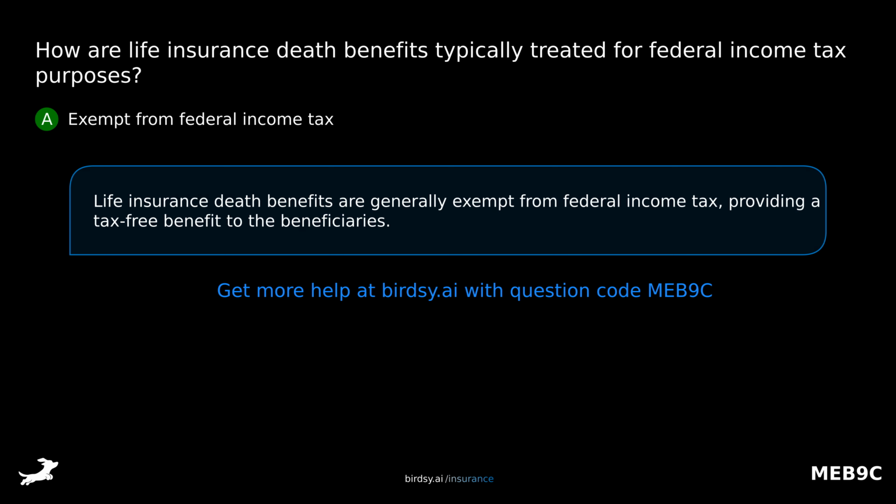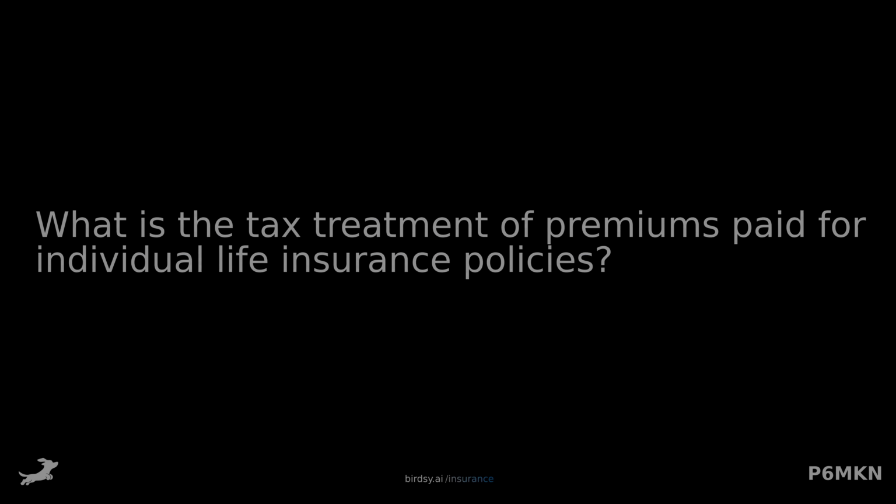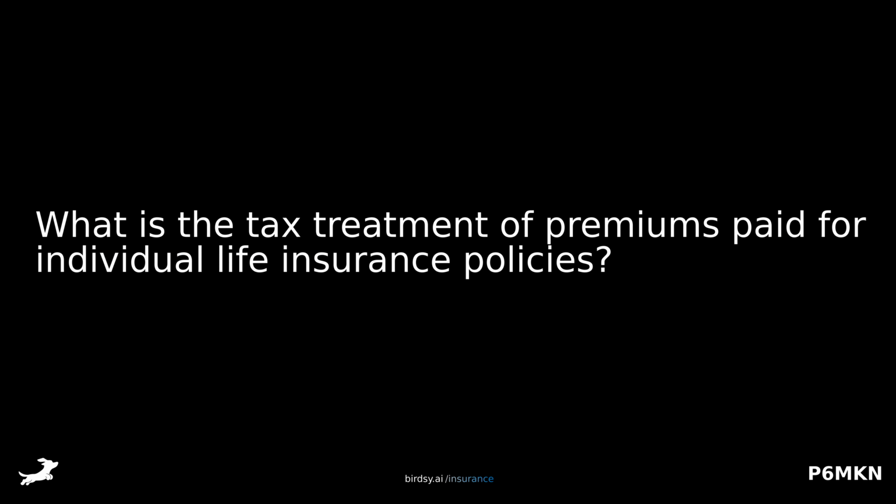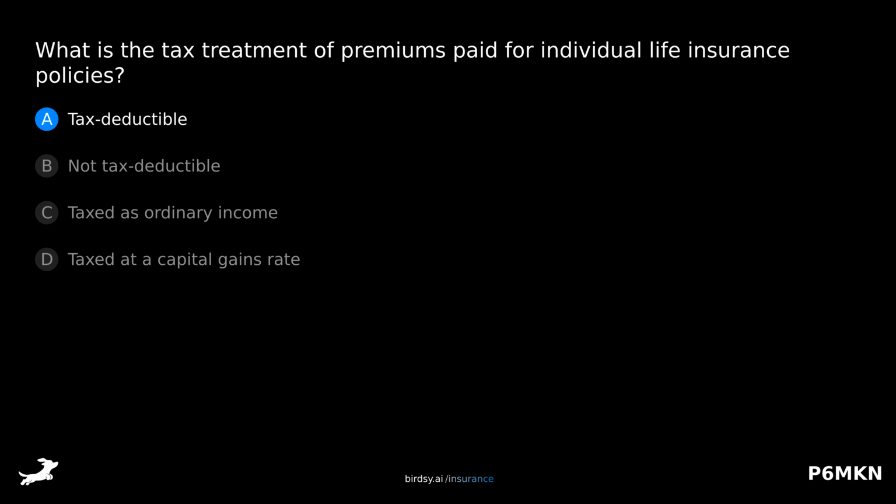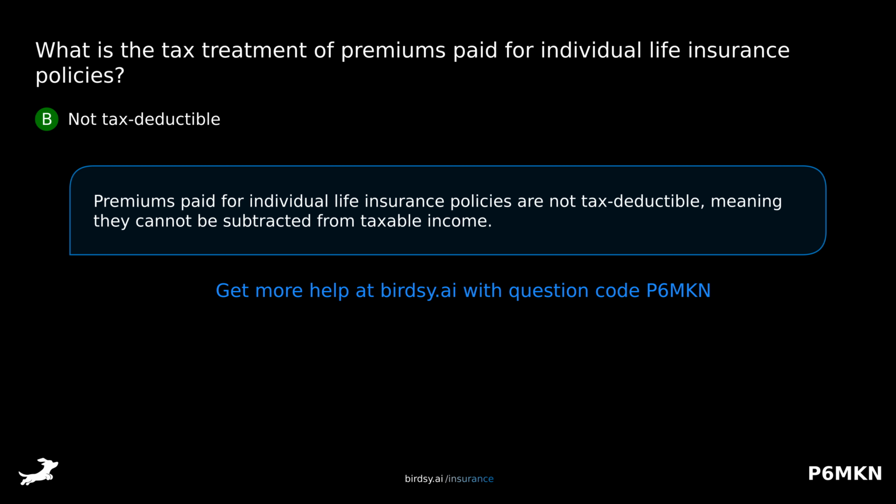Life insurance death benefits are generally exempt from federal income tax, providing a tax-free benefit to the beneficiaries. What is the tax treatment of premiums paid for individual life insurance policies? Is it A. tax deductible, B. not tax deductible, C. taxed as ordinary income, or D. taxed at a reduced rate? The answer is B. not tax deductible. Premiums paid for individual life insurance policies are not tax deductible, meaning they cannot be subtracted from